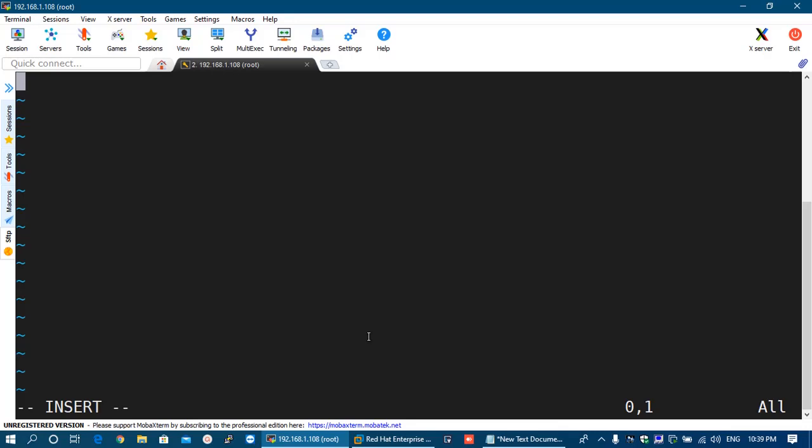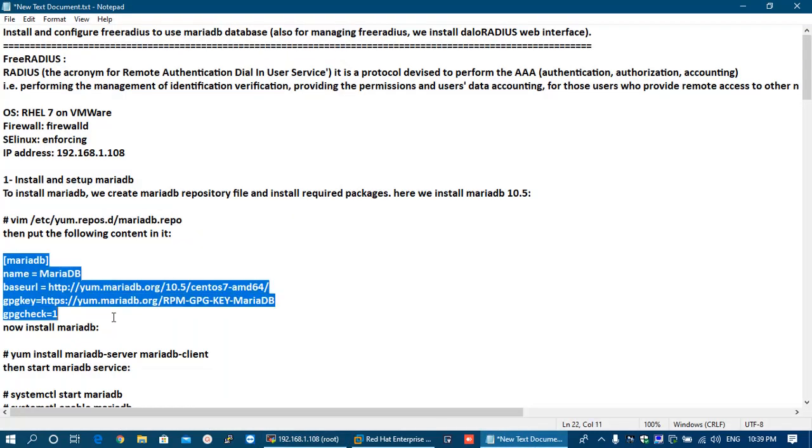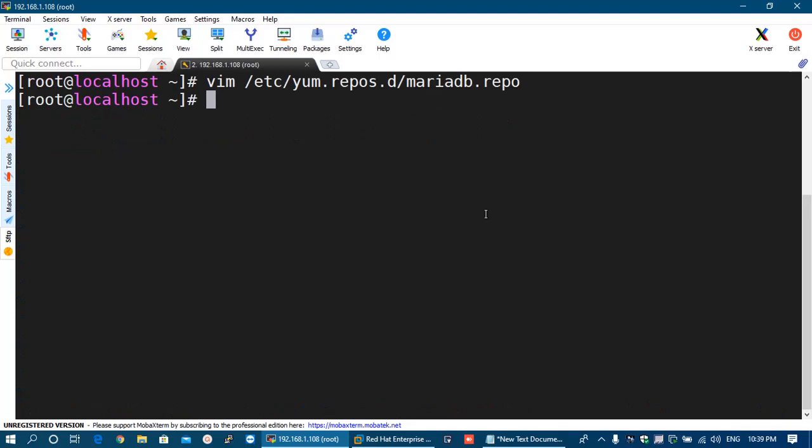There we will go into insert mode and mention the details for this repository like name, base URL, GPG check, all this stuff. You can copy all these things from the description of the video. I will provide you each and everything in the description.